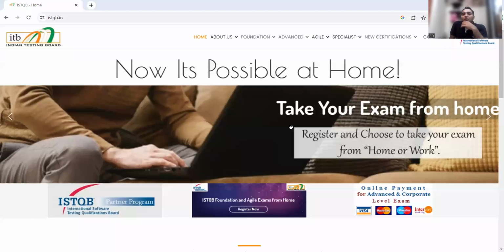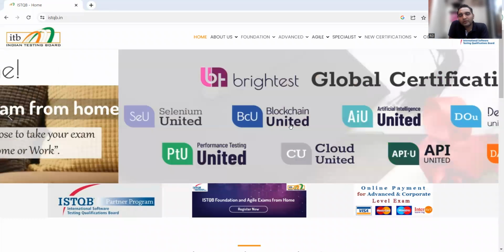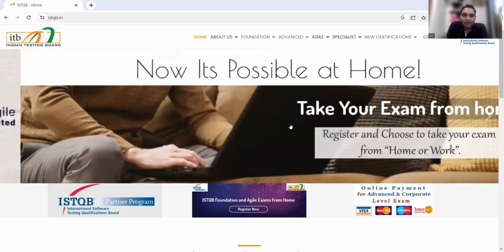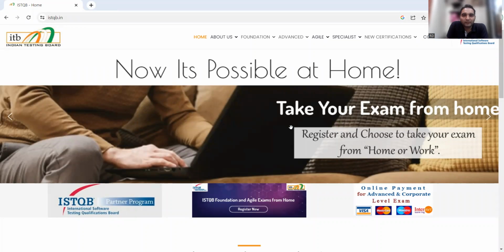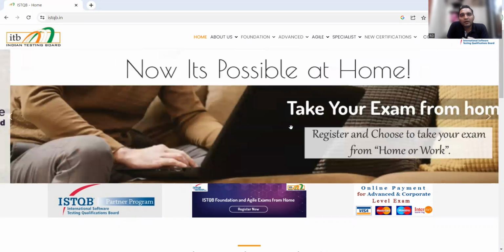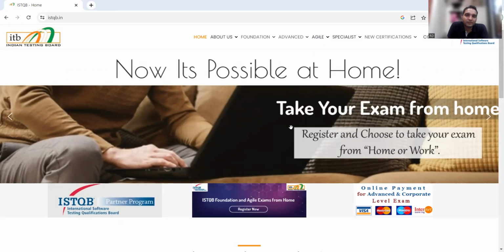Now let us quickly see about ISTQB. Before that, I'll also take you to the website itself. Whenever you search ISTQB on Google, you will get two websites. One is istqb.in, another is ASTQB. ASTQB is the American Standard Testing Board, while ISTQB is related to the Indian Testing Board. If you are looking at making a career in India, then this particular certification is best for you. If you want to make your software testing career outside India, then you can go for the ASTQB certification.